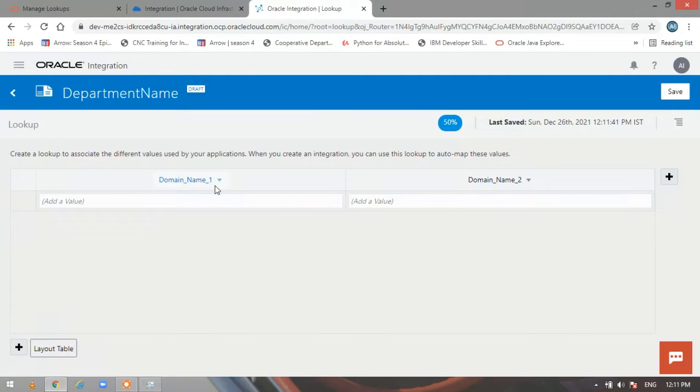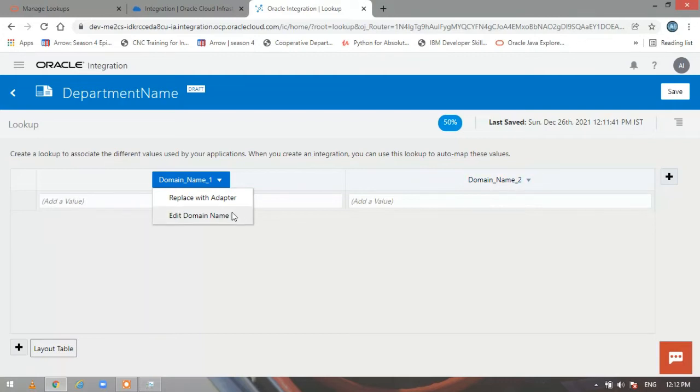Here you have something called domain name 1, domain name 2. As you can see, the structure is of a table. This is your column, these are your rows. These are your fields and these are your values. Here you can either go with the name domain name 1, or you can specify your own name, or say you are doing a mapping between your source system and target system, you can also specify the adapter. You can just replace the name with the adapter. Here you can use your Oracle EBS adapter. Here you can use your Oracle Fusion adapter.